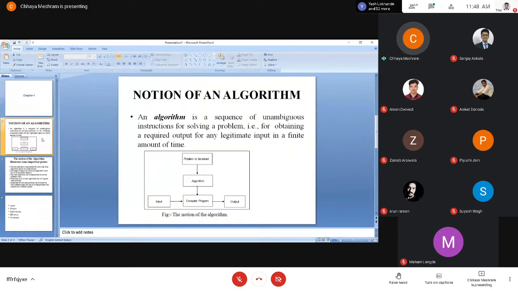After that, if there is a big problem, the next step is to convert that sequence of instructions into a diagrammatical form, which we call a flowchart. Now we have an algorithm and a flowchart. A flowchart tells us the flow of execution of our instructions. Diagrammatically, how our instructions will execute, all these things will be represented in a flowchart.